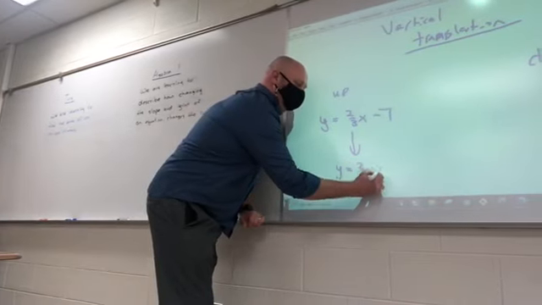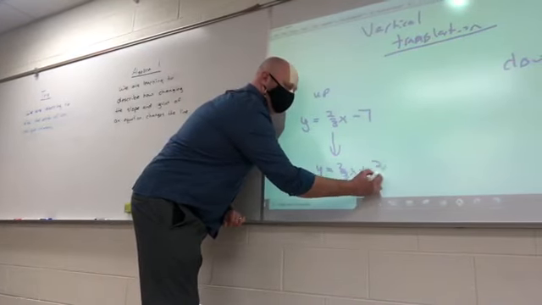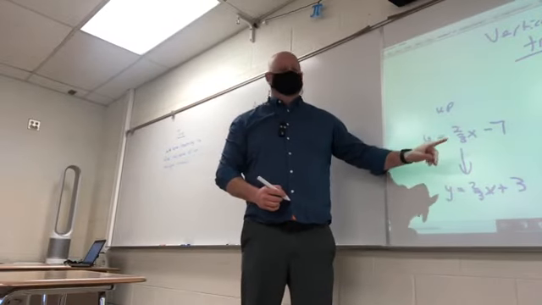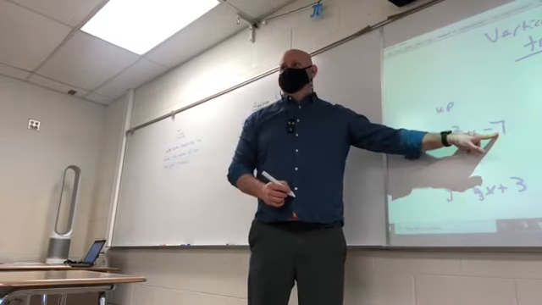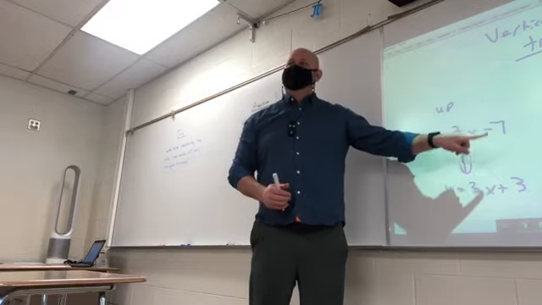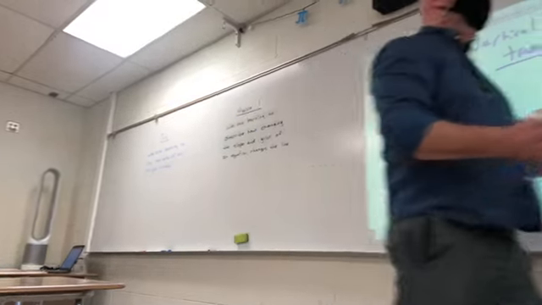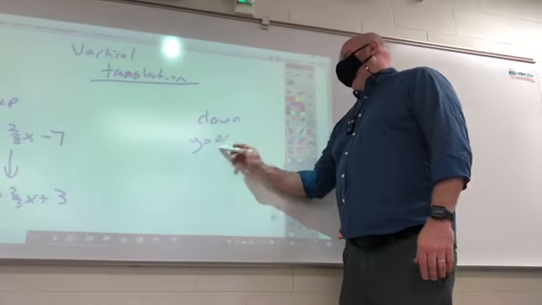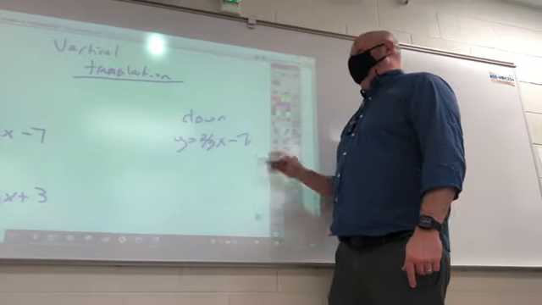2/3 x plus 3, something like that. What's the only thing that's changing? The b value gets what? Bigger. A down movement, if I said y equals 2/3 x minus 7, and I said slide that down, what